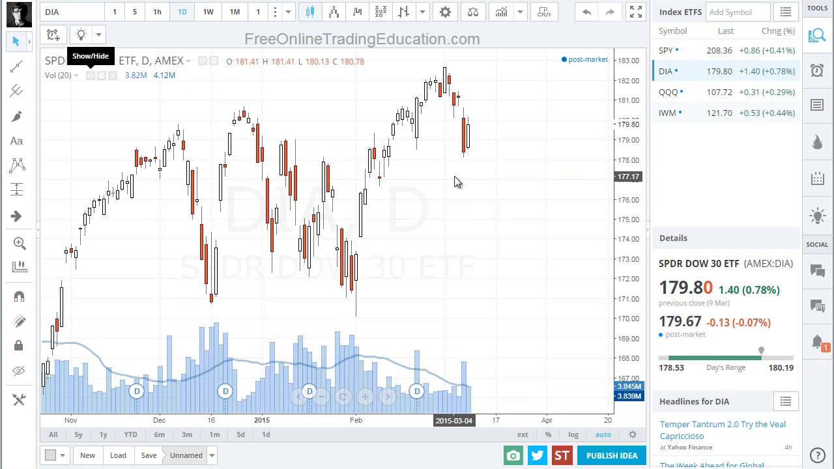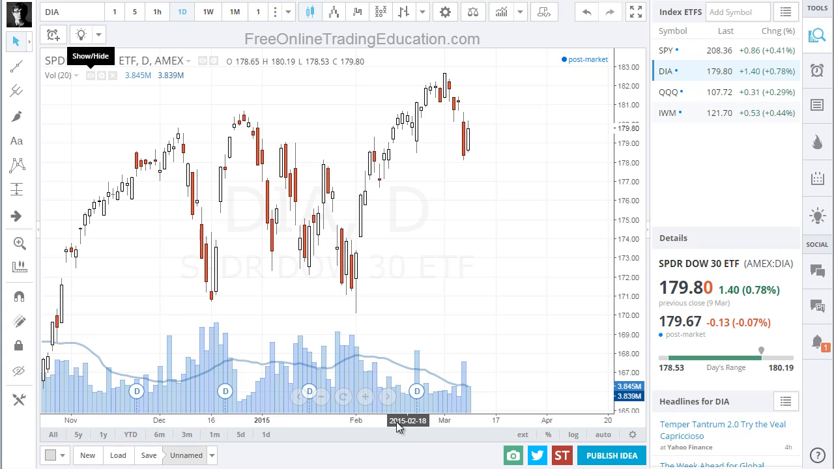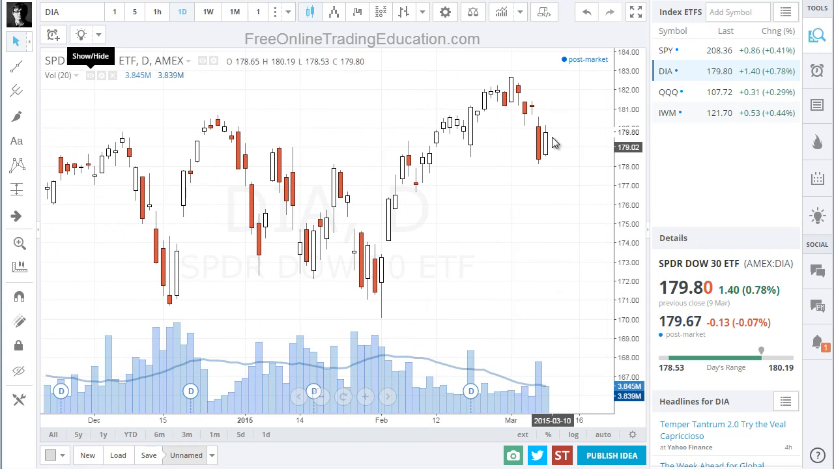So taking a quick look here at the Dow. You notice this is what's called a bullish Harami reversal pattern. And these bullish Harami reversal patterns can go higher. And if you're not sure what a bullish Harami reversal pattern is, go to